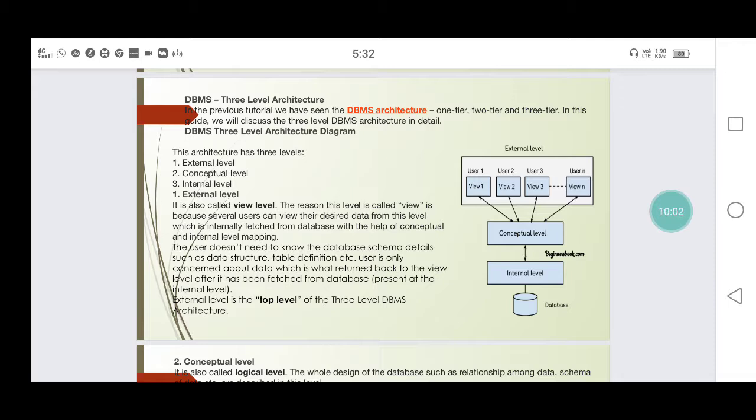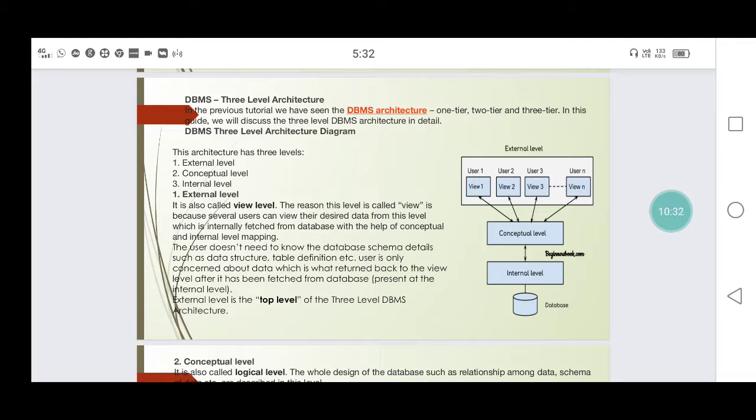The reason this level is called the view level is that several users can view their desired data from this level, which is internally fetched from the database with the help of the mapping between the conceptual and internal levels.